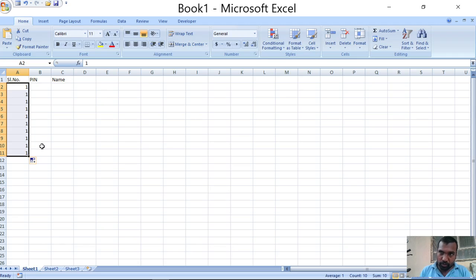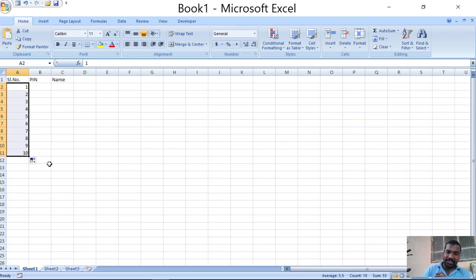Now I don't want to fill these cells with the same value. Instead of 1, I want to fill with 2, 3, 4, 5 and so on. For that purpose, click on this fill handle pop-up menu, the autofill option, and click on fill series. Now the initial number continues as a series, that is 1, 2, 3, 4, 5, 6, 7 and so on up to 10.